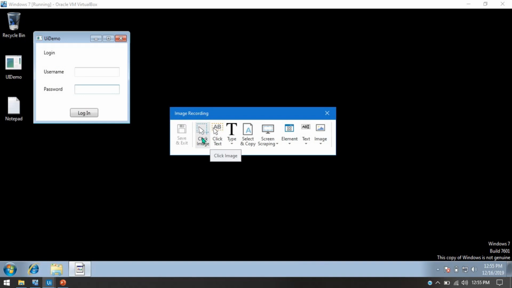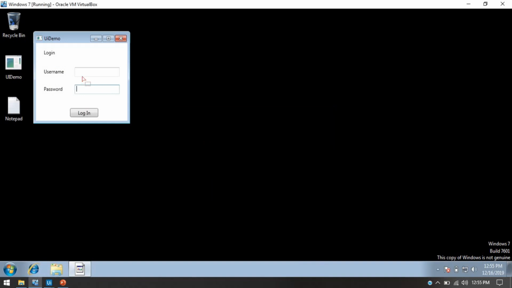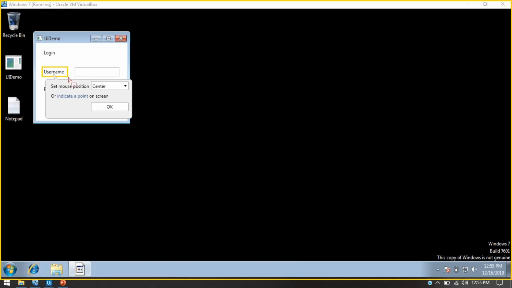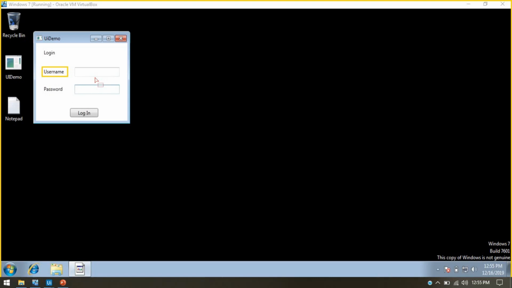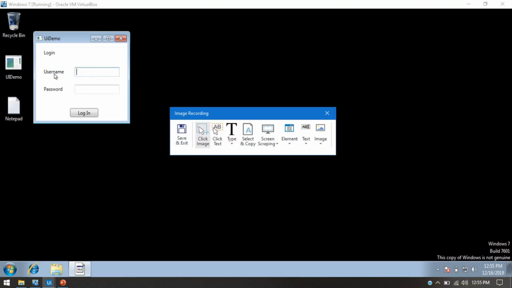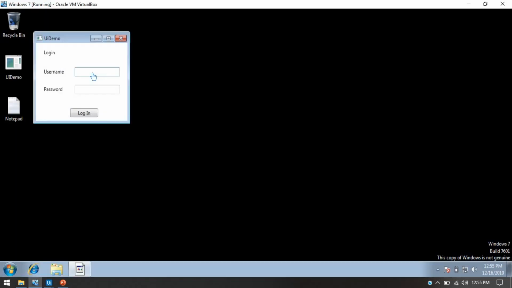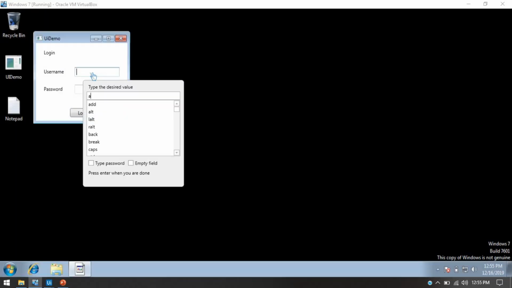We have the option click image, so we'll take this click image, and first we'll tell UiPath to consider this username, and first it will see if this username is there, then we'll indicate a point on the screen here. So by that way we are telling UiPath to check whether the username is there or not. If it is there, then it will go and click on that, and then we'll take a type into and we'll click on this, and then you can put the same thing, admin,